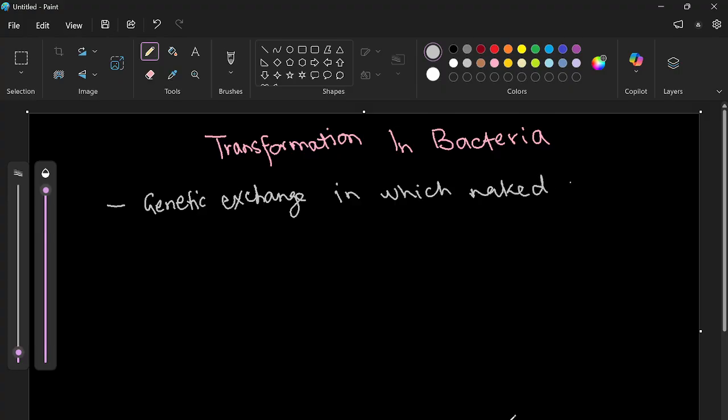naked DNA is transferred. Now this is a thing to note, that this is naked DNA, and this process is very different from the conjugation process, in which both bacterial cells were conjugated and thus the plasmid was transferred from one cell to the other. That was another story. Here, it is a real point to notice that this is naked DNA and it's not within the cell. It's released by a cell which has died, by a dead or lysed cell,